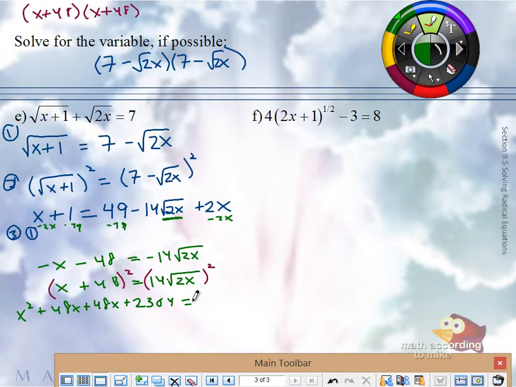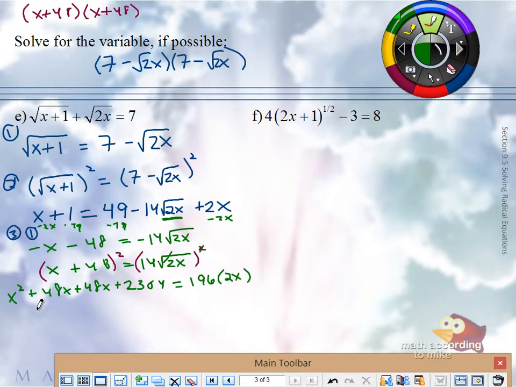Equals. On the right-hand side, we have to square the 14 and the square root of 2x. What is 14 squared? Times, what is the square root of 2x squared? 2x. Because the square and the square root cancel. So this right here is x squared plus 96x plus 2304